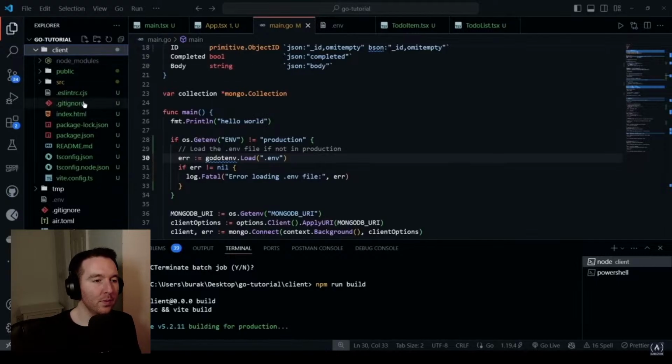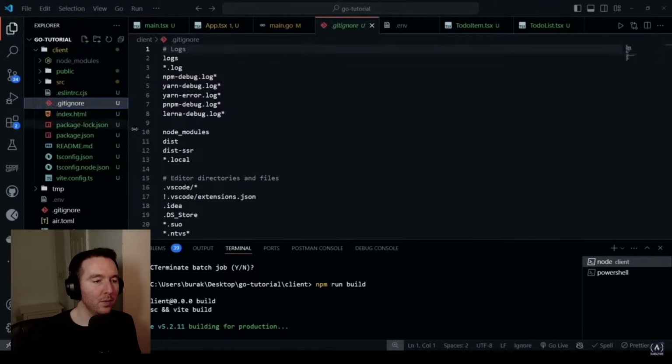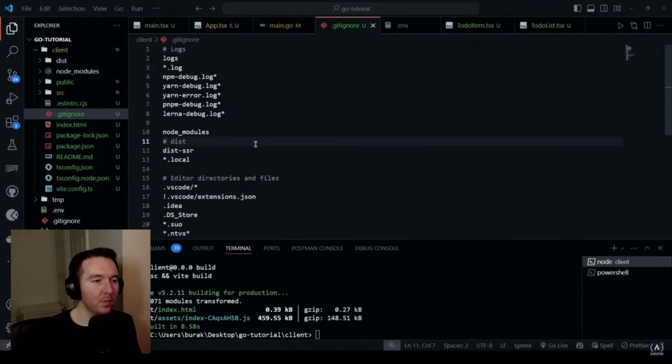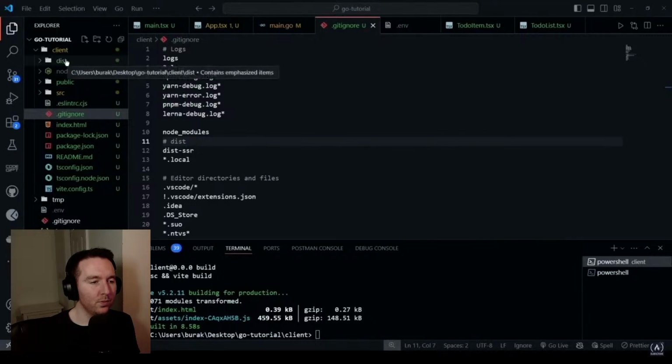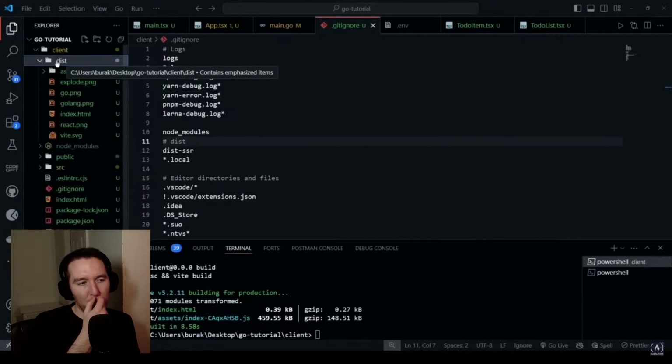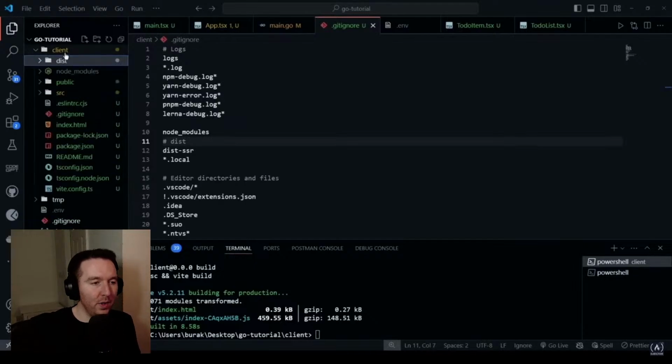And something that I want to change while this is happening: I'll not ignore this dist folder, and I would like to have it in my GitHub repo so that when I push any change, it could take it and just deploy my React application. So this is not really the best approach, but it is going to work in our case, and I found this to be the easiest to work with Railway. So there we go. Now we have the dist folder, which is going to hold the optimized build of our React